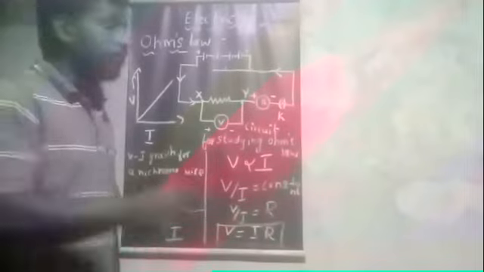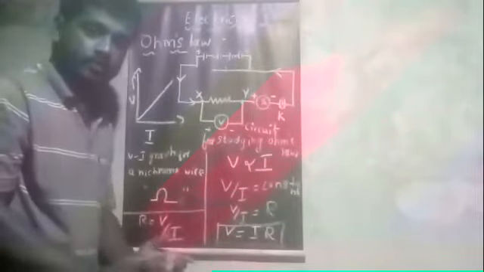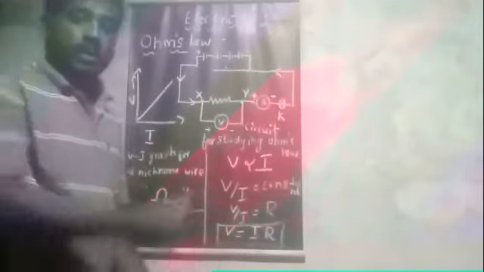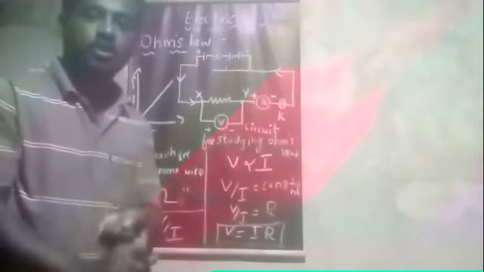While connecting the battery's ends to any component which is present in series, remember one point: the battery's positive end should be connected to the positive end of the component, and the negative end should be connected to the negative end of the component which is in series. Okay, if it is in parallel, then it is no problem. If it is in series, then you should not connect plus and minus together. What happens is the circuit gets shorted. That's why you have to be careful while making the circuit.